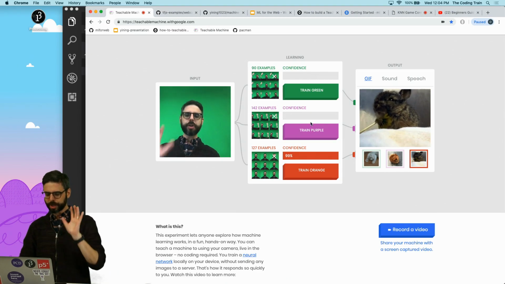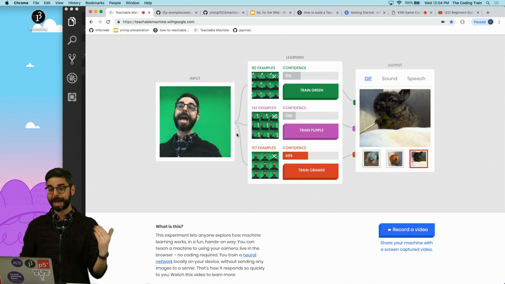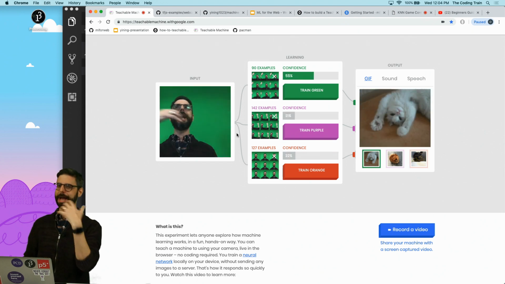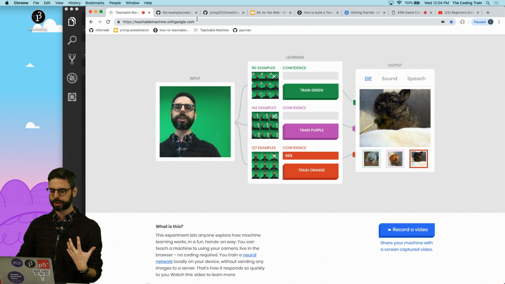You can play around with this website to get a sense of it. This is a really nice interface. There's an ml5 version of this. This is built with TensorFlow.js, and ml5 is a library built on top of TensorFlow.js. We have a similar version. All of this work was done by